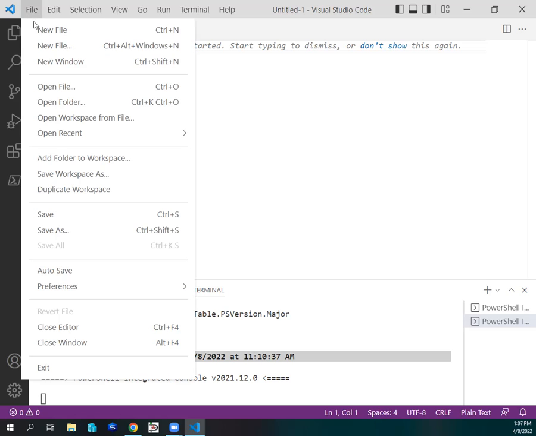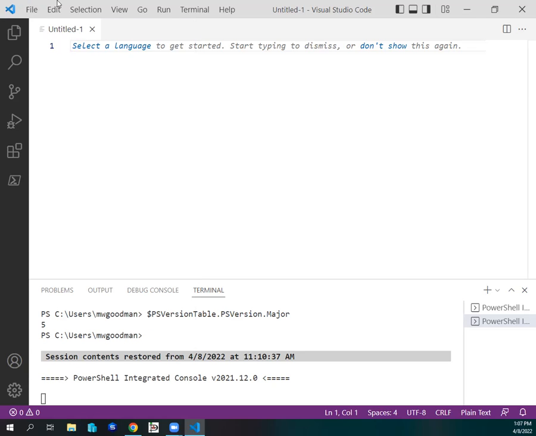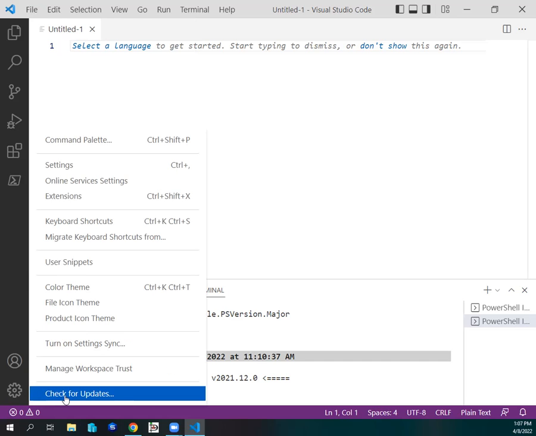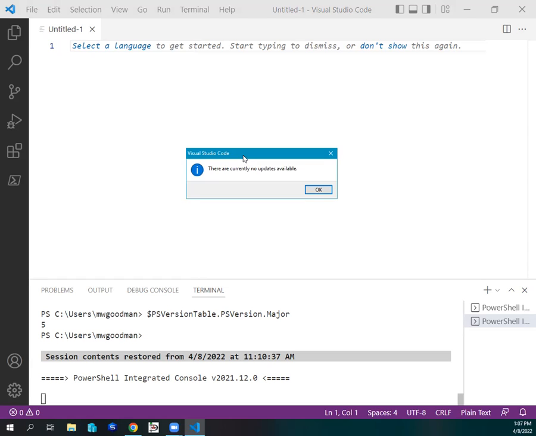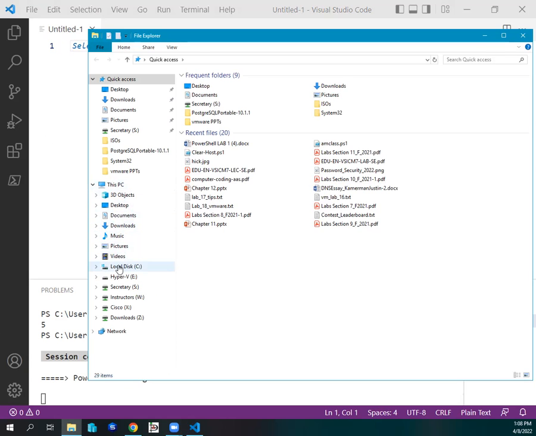So you start it up. Everybody sit at your computers, but they have updates every month. There's a cogwheel in the lower left that you click on and check for updates. I updated mine in the earlier class, so there's no updates. Otherwise, I would have went ahead and said update, and after the update ran, it would have,